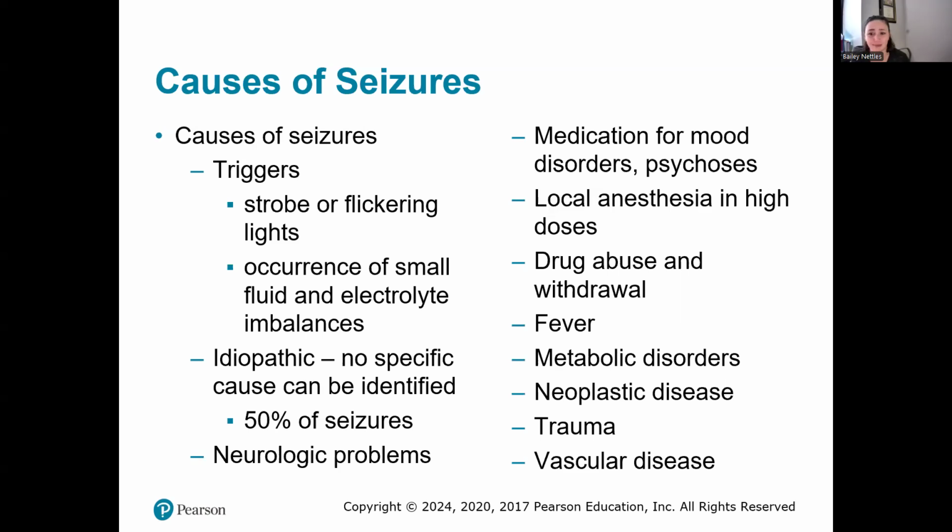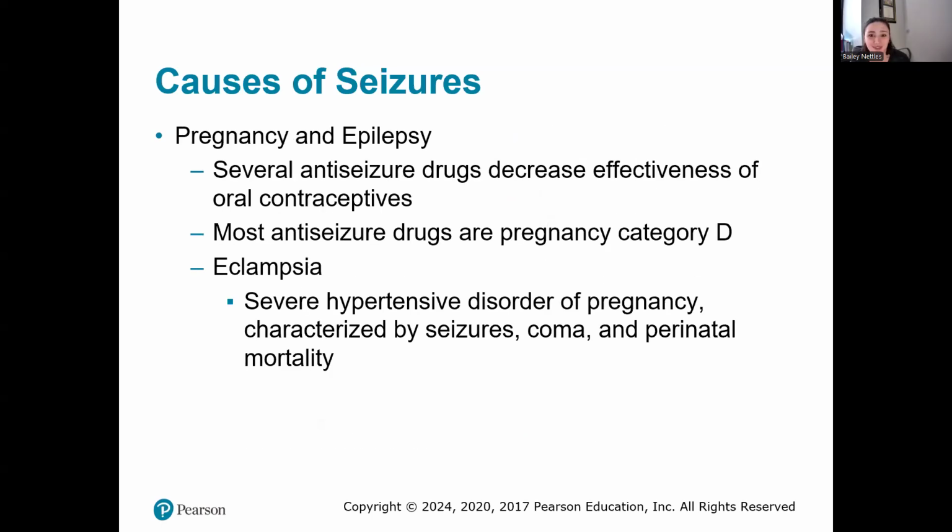It can be medications, it can be trauma, or drug withdrawal. There's lots of different reasons, okay? But a lot of times we don't know. We can have seizures in pregnancy with eclampsia and preeclampsia. Preeclampsia we know is the extreme hypertension, but the extreme hypertension can lead to seizures, which is full-blown eclampsia, which is what I just said.